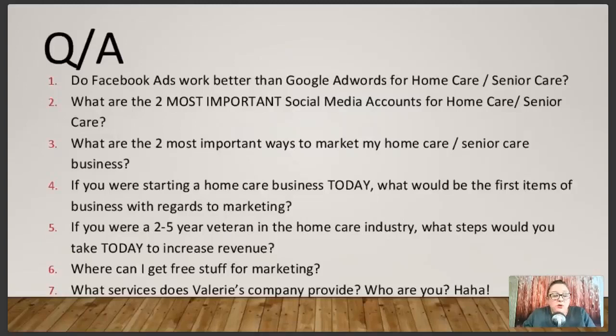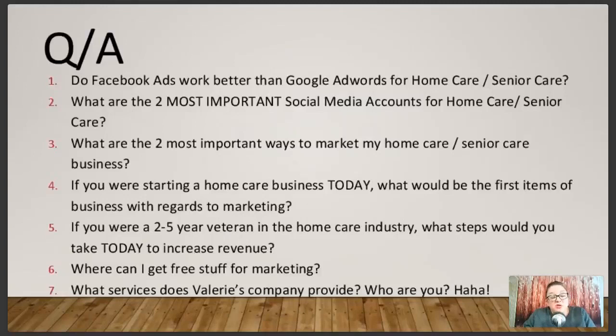But no matter how, you can put 30, 40, 50 negative keyword phrases in your ads so that the job seekers don't see your ads. You're still going to get job seekers because they will sometimes type in the same exact keyword phrases that your potential clients would type in. So if you're spending $1,000 a month, my experience has been that $800 of that will probably go to job seekers or people who are not qualified, and $200 of that will be clicks for people who actually do need care.